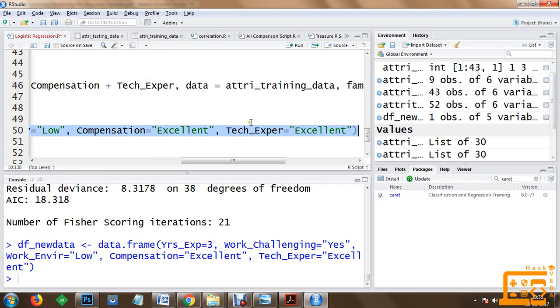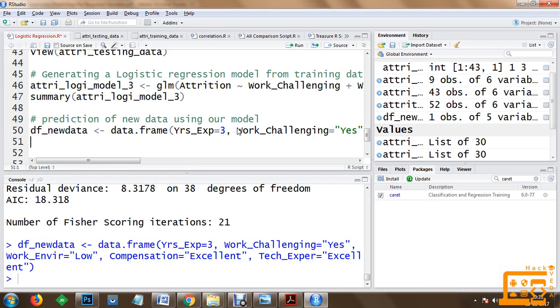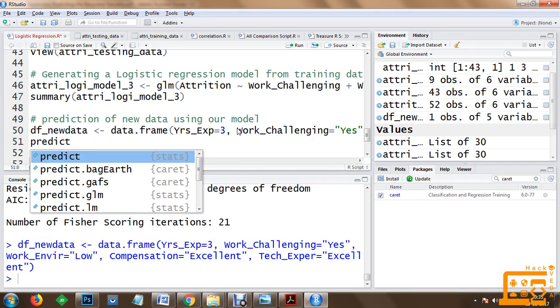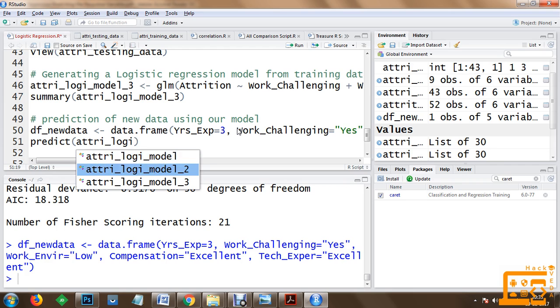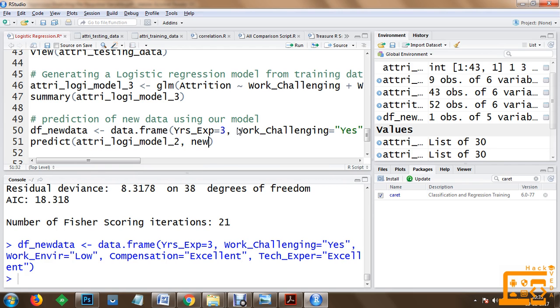Once we have created this information, we have the data frame for new data. Now we are going to use the predict function. We are going to use our Attree-Logi Model 2, and we're going to specify new data, and this new data will be our df new data which we just created.